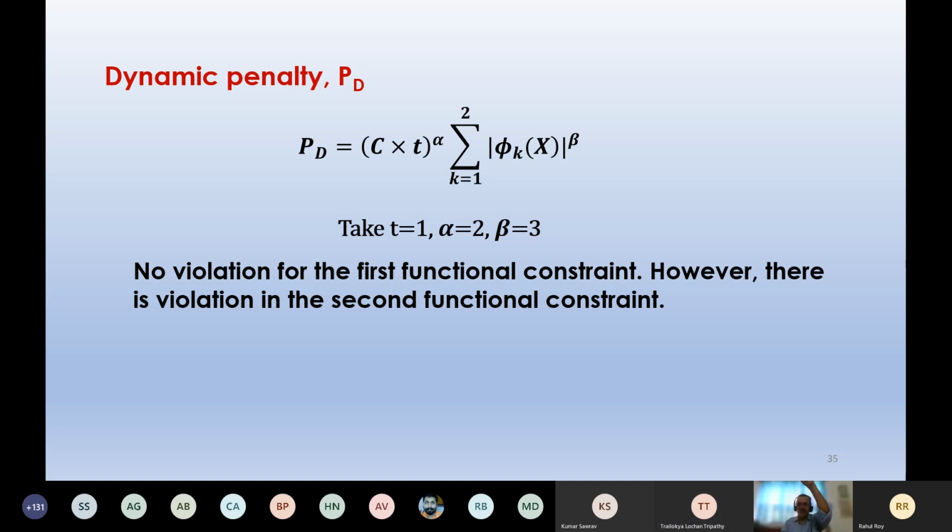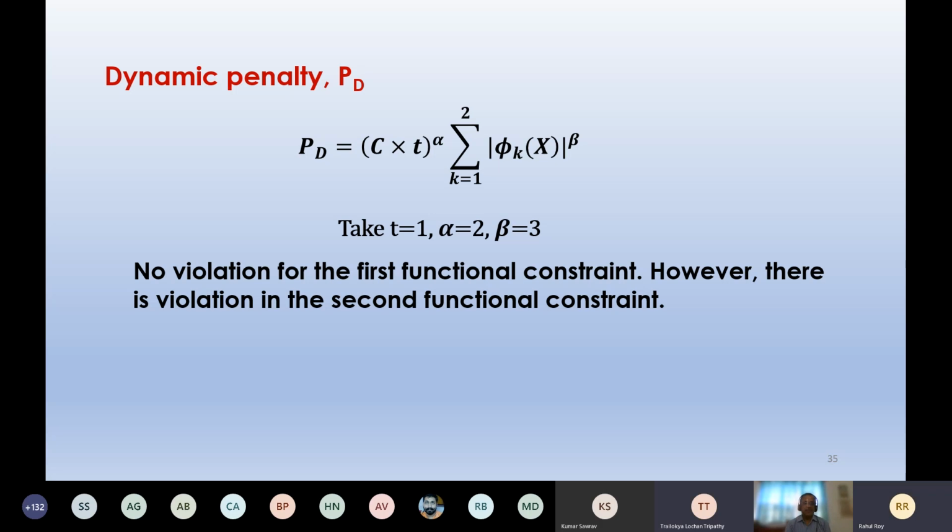But GA will still try to reach the globally optimal solution, but there could be a violation, and different penalties are going to put a lot of pressure on genetic algorithm so that it cannot reach the globally optimal solution. But GA, with the help of the strength of its own operators, will try its level best to reach the globally optimal solution. There is a lot of fighting so that GA can reach that globally optimal solution. It is highly dynamic, a lot of dynamic.